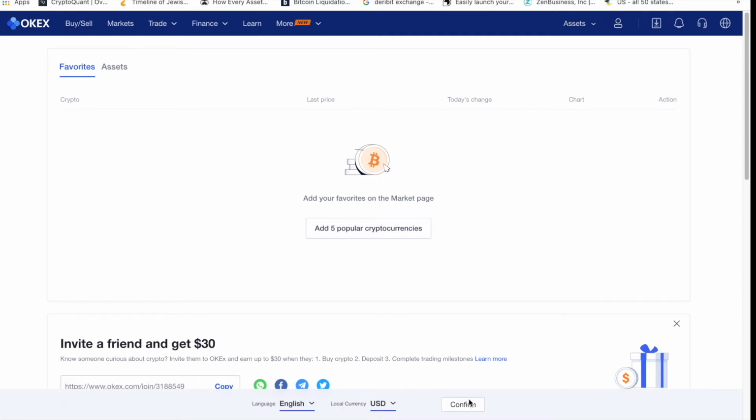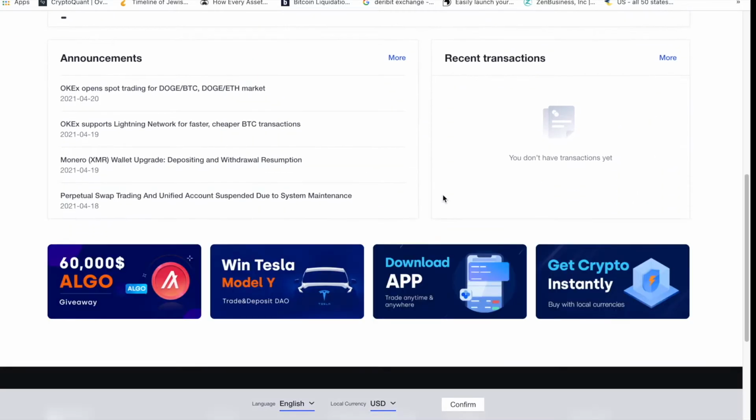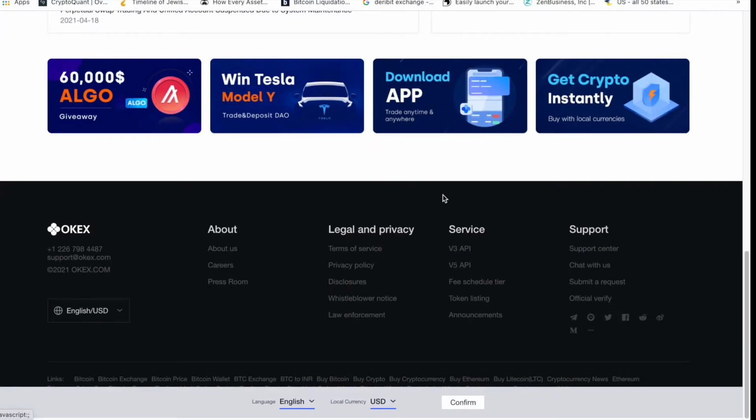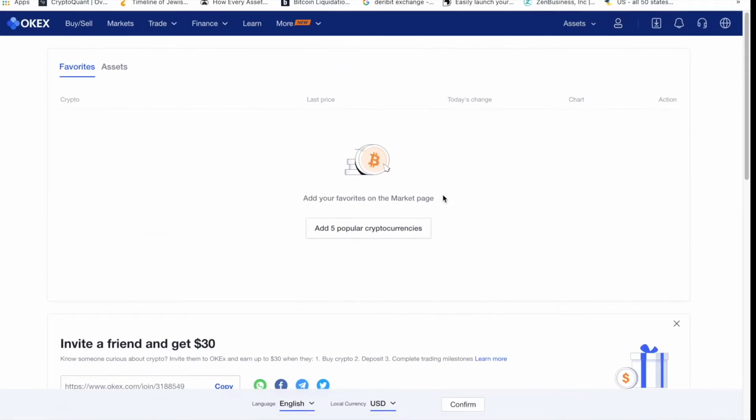In today's video we're going to be reviewing another amazing exchange. So we're reviewing today the OKX crypto exchange. So let's start. Once you successfully log into this exchange platform, you're going to have this lovely slick interface, very inviting, very simple, very colorful. And so we're going to go step by step.